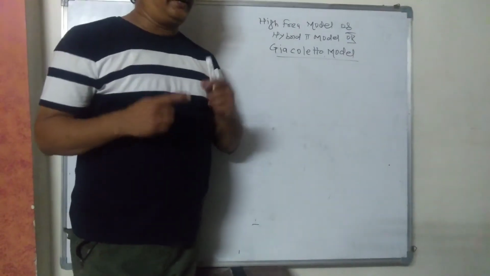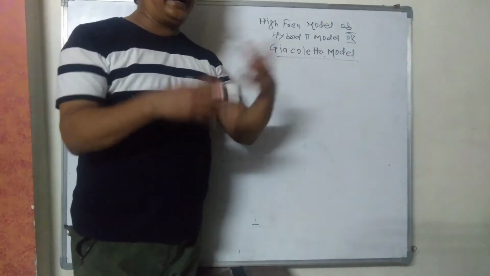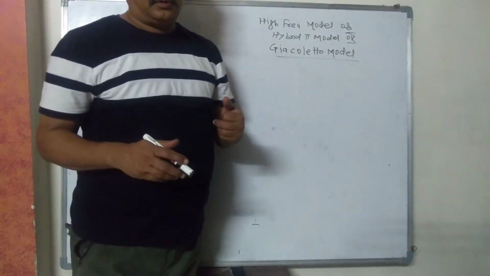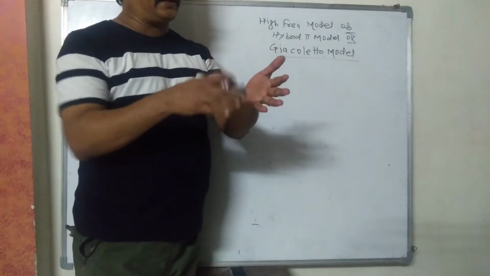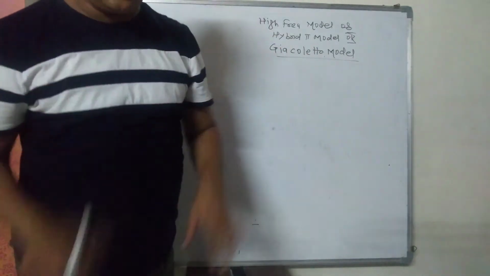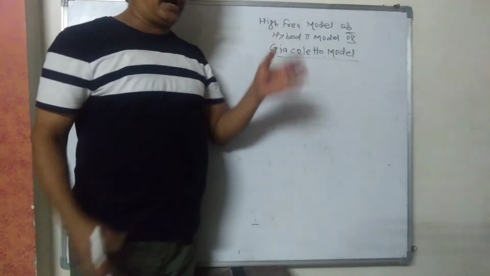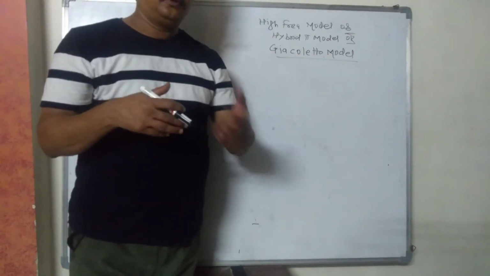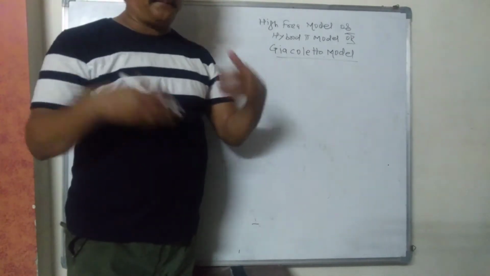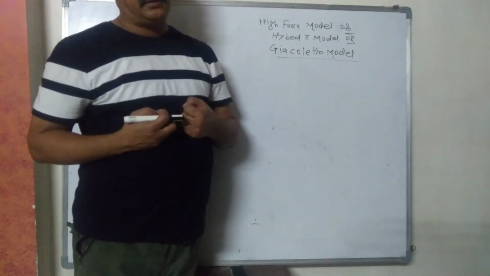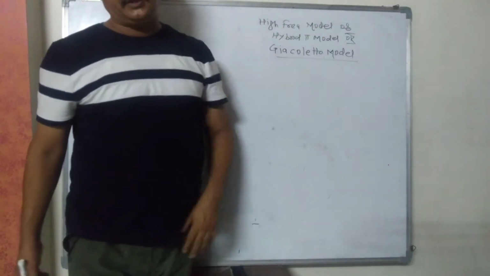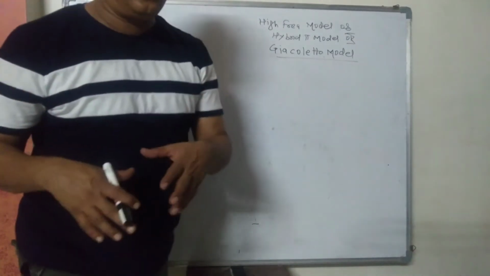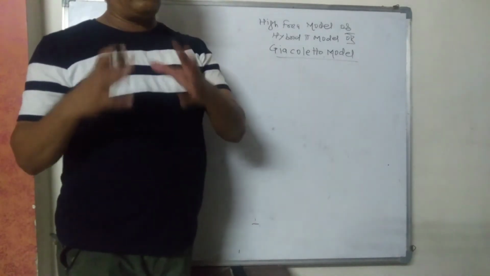Up till now, what we have studied is that we draw the BJT, connect resistors and capacitors externally, and form a circuit like an amplifier. A transistor is connected, resistors and capacitors are connected, and an amplifier is formed. This is an internal parameter study. What is there inside the transistor? What parameters are defined inside the transistor? That study is the high frequency study, the internal behavior of the BJT.